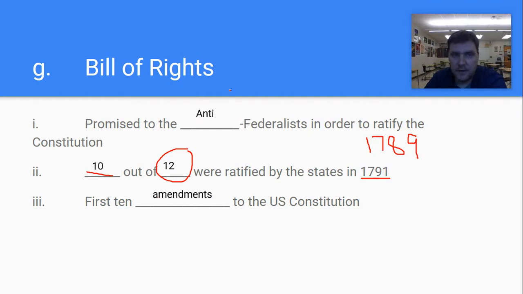the Bill of Rights are the first 10 amendments, and they're probably the things we cherish the most about any of these founding documents. We love the Declaration of Independence saying all men are created equal, and then we like the Bill of Rights saying we have the right to religion, freedom of speech, freedom of press, no cruel and unusual punishments, right to bear arms, etc. So that is